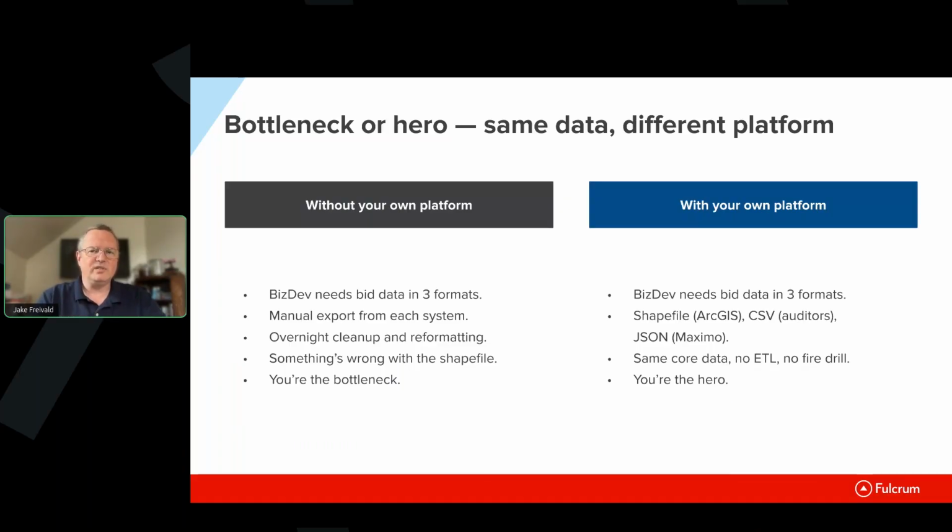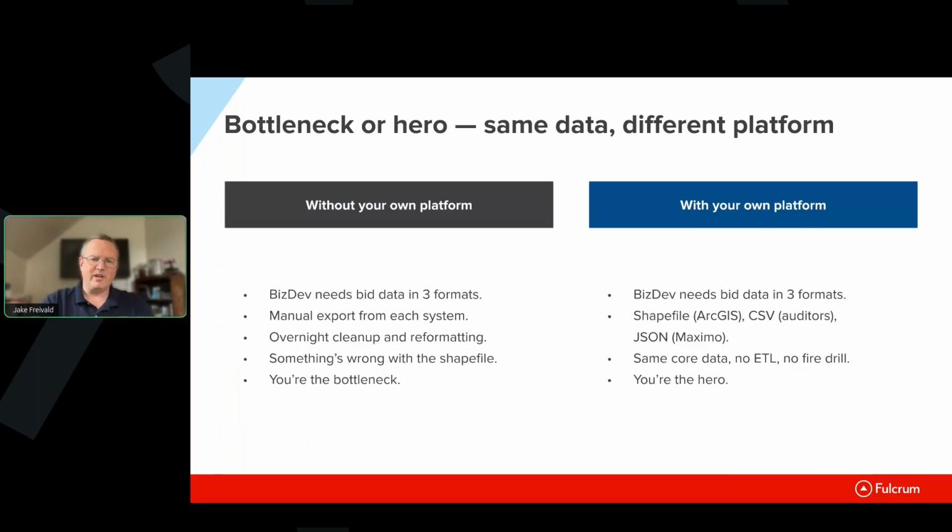They need to understand what you've done from the field. If you don't have your own platform to do that, then the best you've got is extracts from the other systems that you've been using, right? You've got extracts from the GIS and the EAM and all those other systems that you've been using.